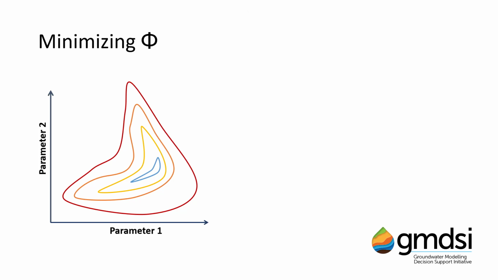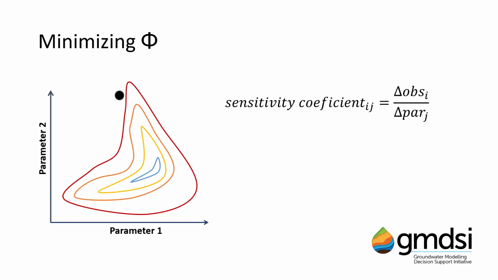Observation to parameter derivatives relate the change in simulated value of the target to a change in the value of a parameter. These are referred to as sensitivities or parameter coefficients. The set of sensitivity coefficients for all parameters and observations in a history matching problem form a two-dimensional matrix referred to as the Jacobian matrix. To obtain all the sensitivities to fill a Jacobian matrix, a model needs to be run as many times as there are adjustable parameters, plus 1.